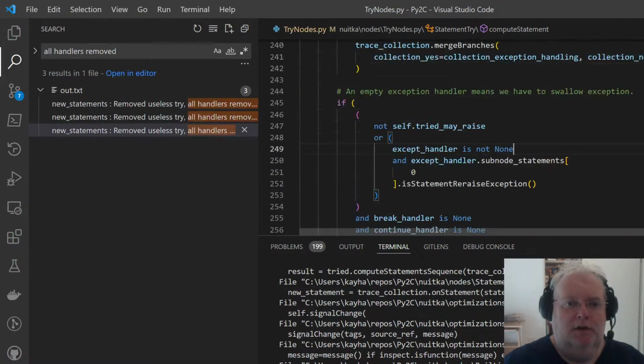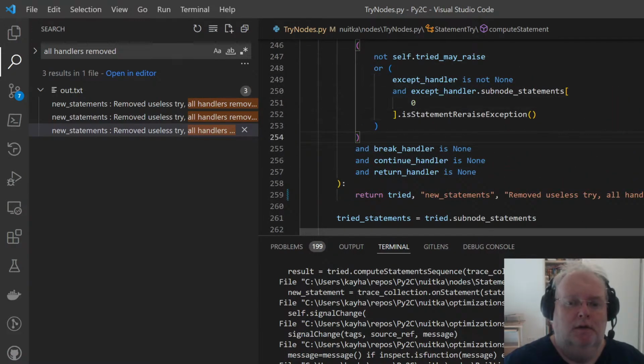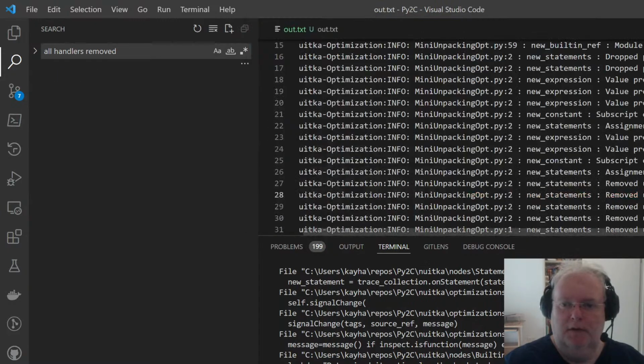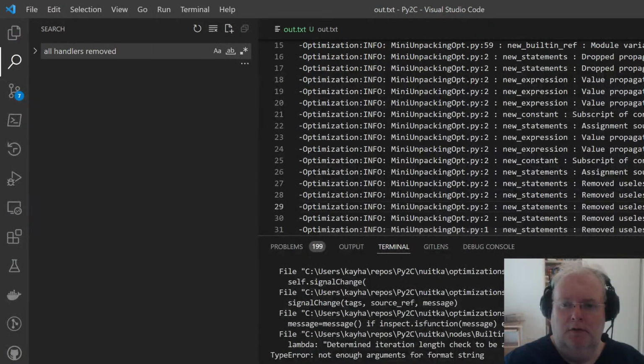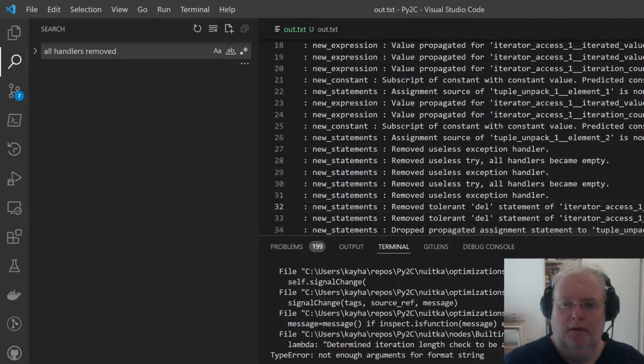It's actually more precise here. And useless exception handlers, useless tries, then these iteration counts and so on.